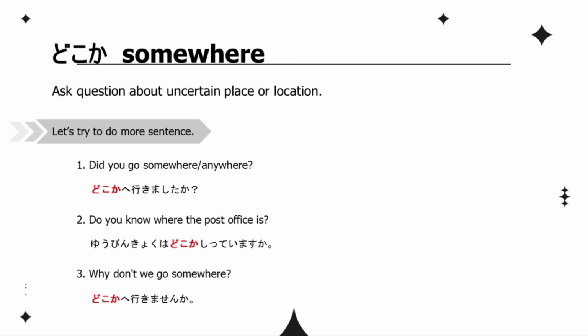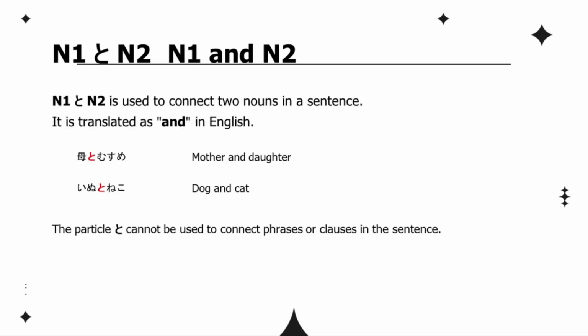Let's try to do more sentences. Do you know where the post office is? 郵便局はどこか知っていますか Why don't we go somewhere? どこかへ行きませんか